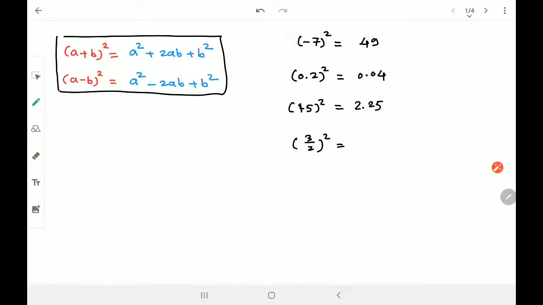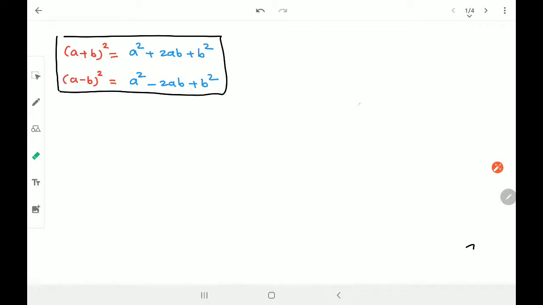Fraction multiplication, fraction square, it is very simple, 9 by 4, right? We know that. So all these things as a part of revision I have taken. Now we'll go for our today's topic,